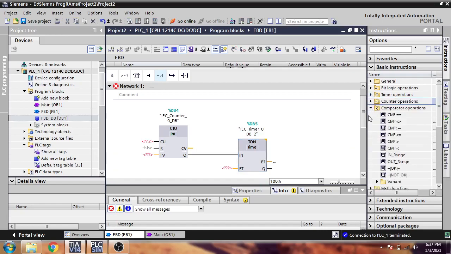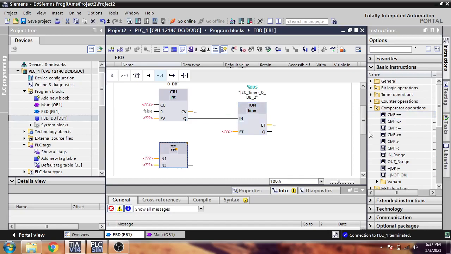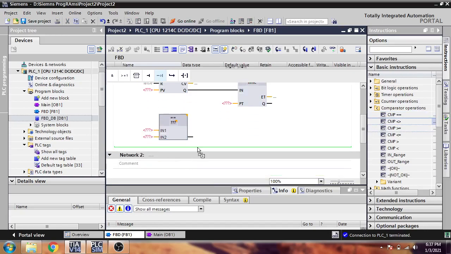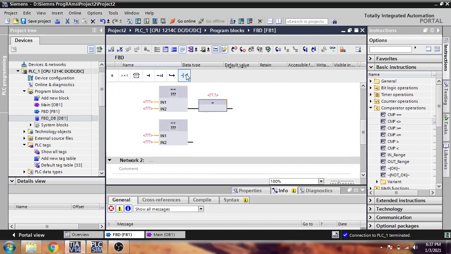And if I make a comparator, you will see I am putting a comparator there, and against a comparator also there. So you will make an output there like that and like that.